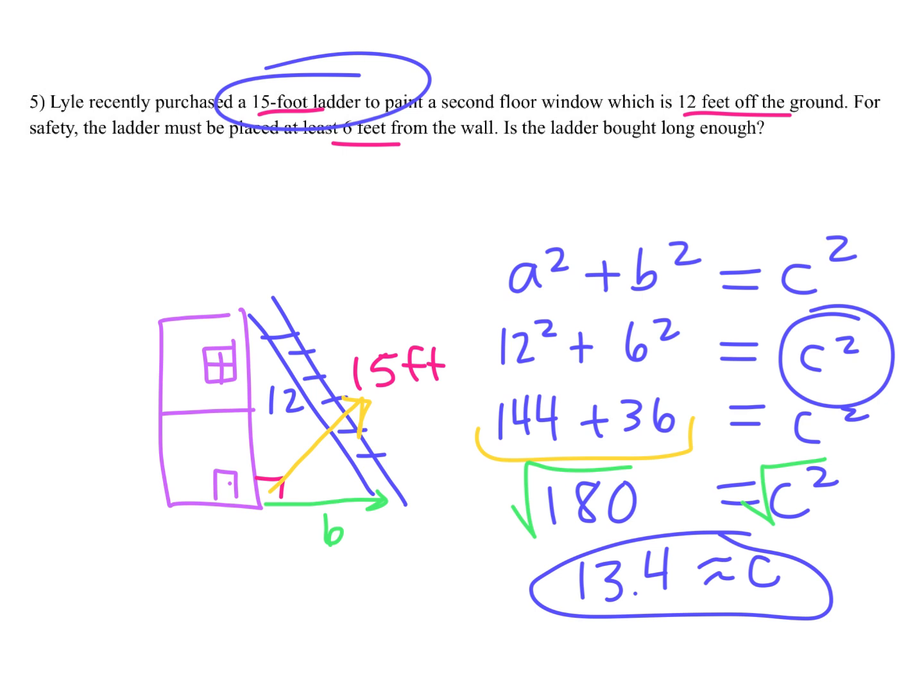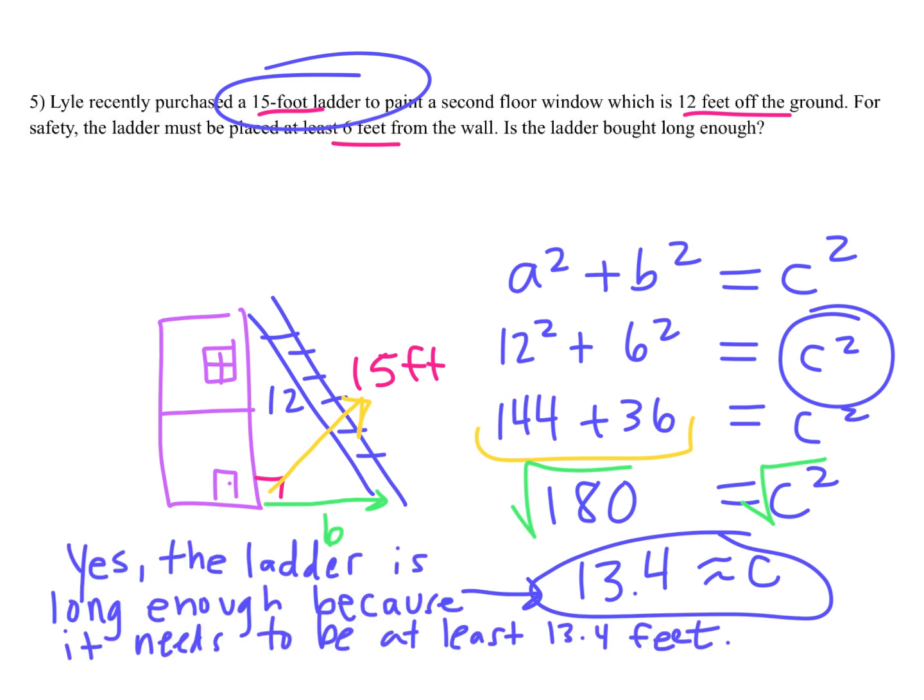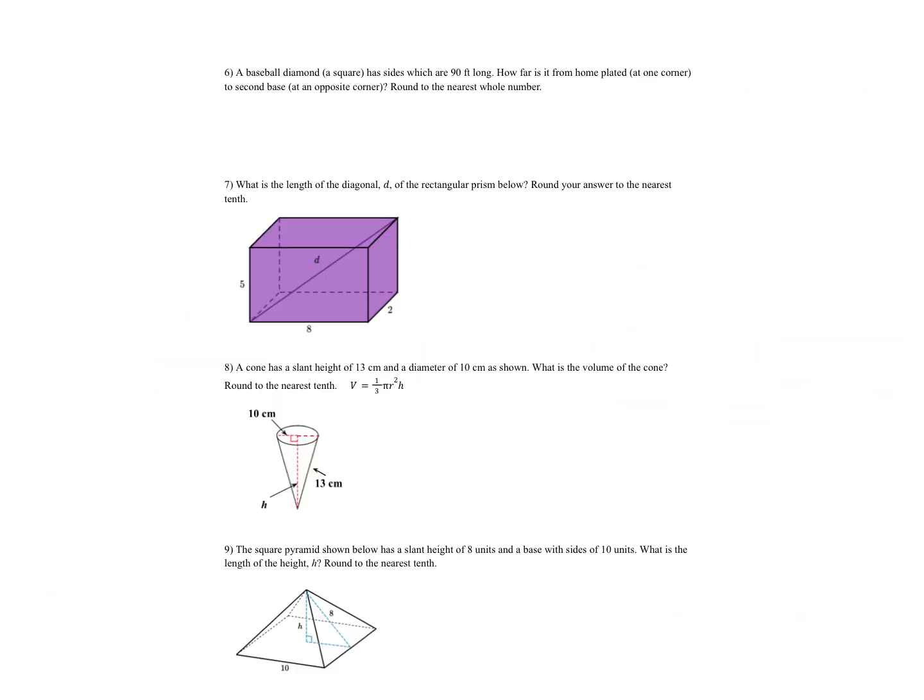So I would say yes, the ladder is long enough because we need it to be at least 13.4 feet. Okay, so some little description there shows that this ladder would be long enough to reach that window. Okay, next we have some more application problems, and these start to get a little more complicated,